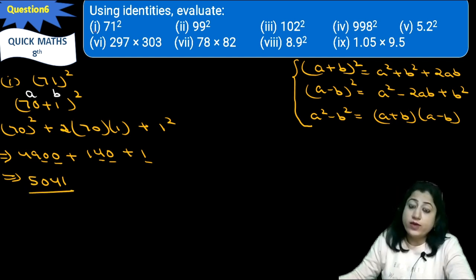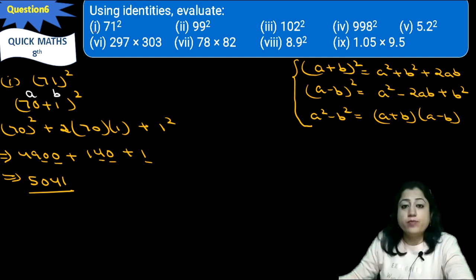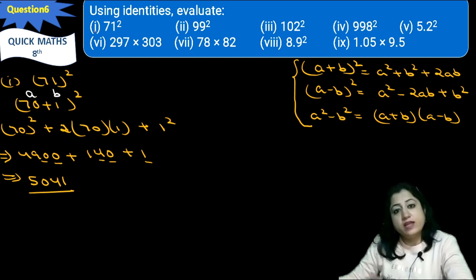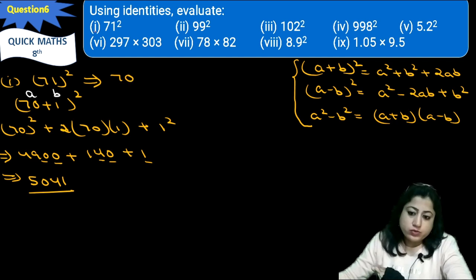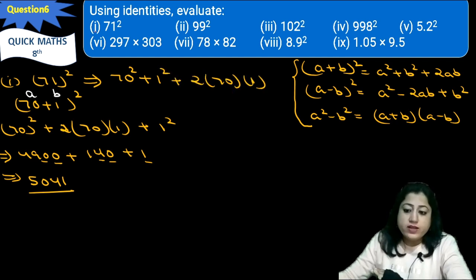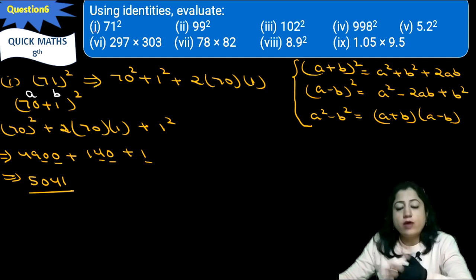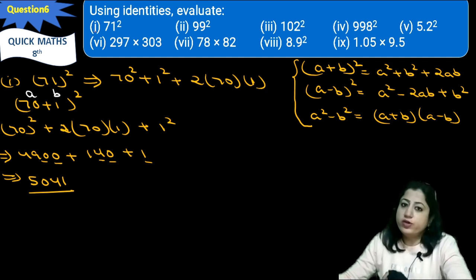So it is quite easy to calculate the square of 71. Rather than doing the calculation 71 multiply 71, we convert 71 to a round figure, because we can easily calculate 70 square and we can easily calculate the 1 square. So we will convert any 2-digit number to the round figure close to it, here close to 70. So we can say 70 plus 1, and the square of 70, square of 1 and twice of 70 and 1. It is very easy and fast to calculate the square. That's why we use identities to find the square of any 2 or 3 digit numbers.